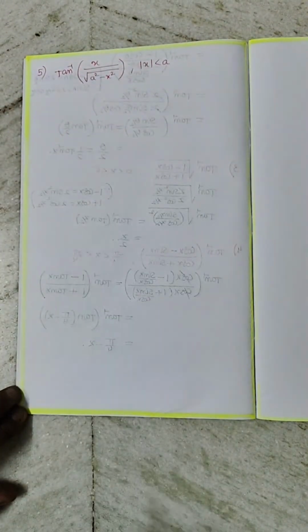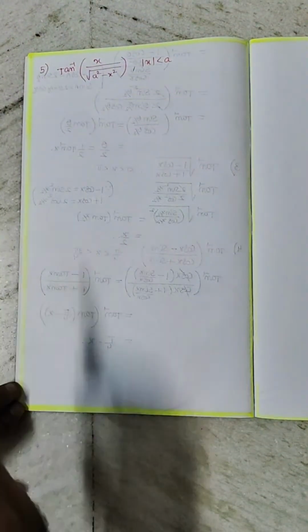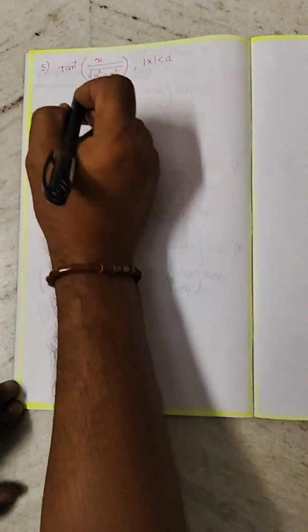See, tan inverse, I already said that tan inverse means this bracket value you need to convert in terms of tan. So put